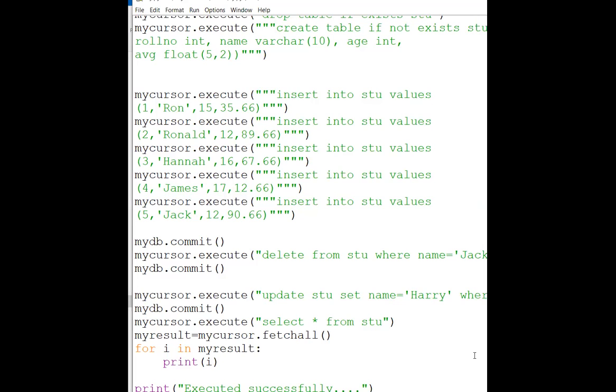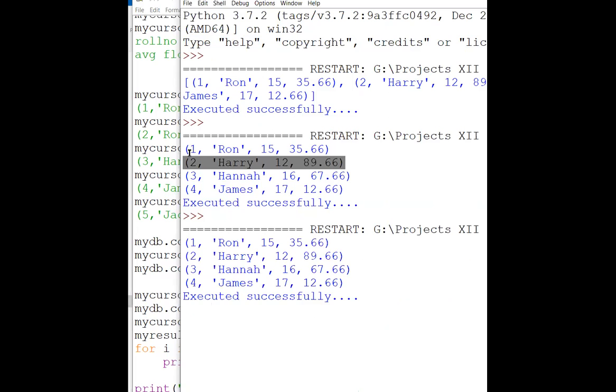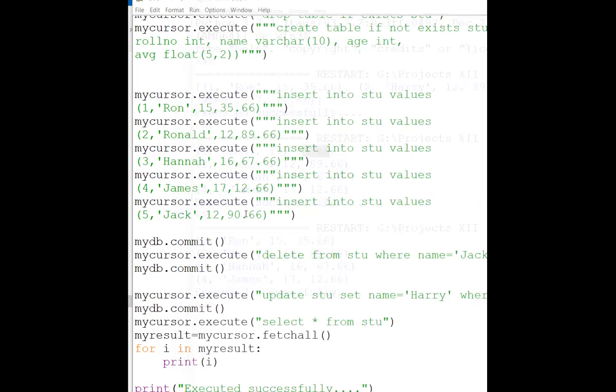How to get each value separately? See, it was the tuple. Let me show you that output screen again. See, it is the tuple, and you know this is the 0 index, first index, second index, and third index. So total from 0 till 4 index you are having the information. So what I'm going to do now, I can print something like this: i of 0, comma, i of 1.